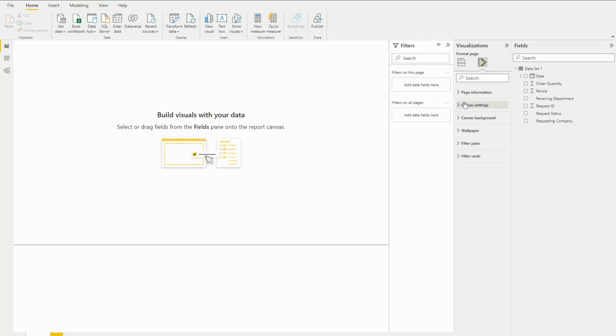We also have here the format page, wherein we can format the visuals that we will be adding. And we have the third pane, which is the fields. It shows you the data source. So for this exercise, we will be doing a simple dashboard that lets stakeholders analyze the data results in an